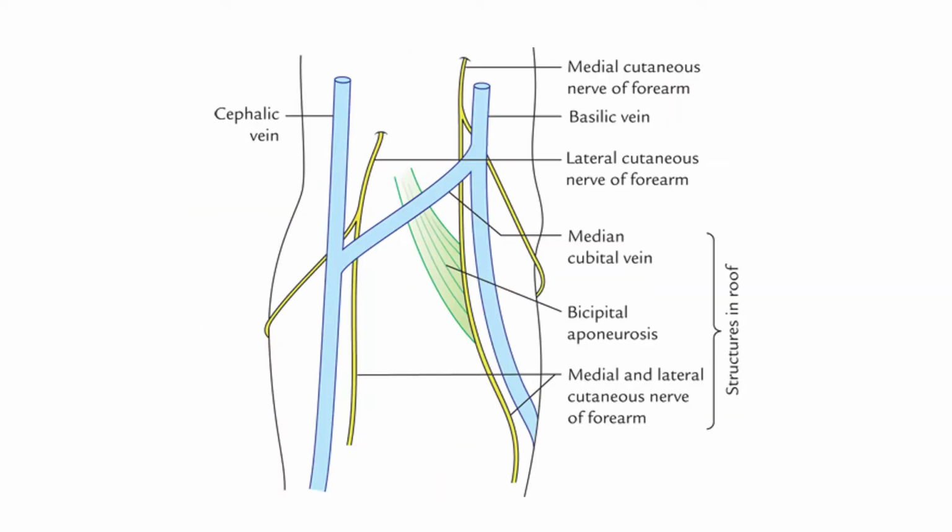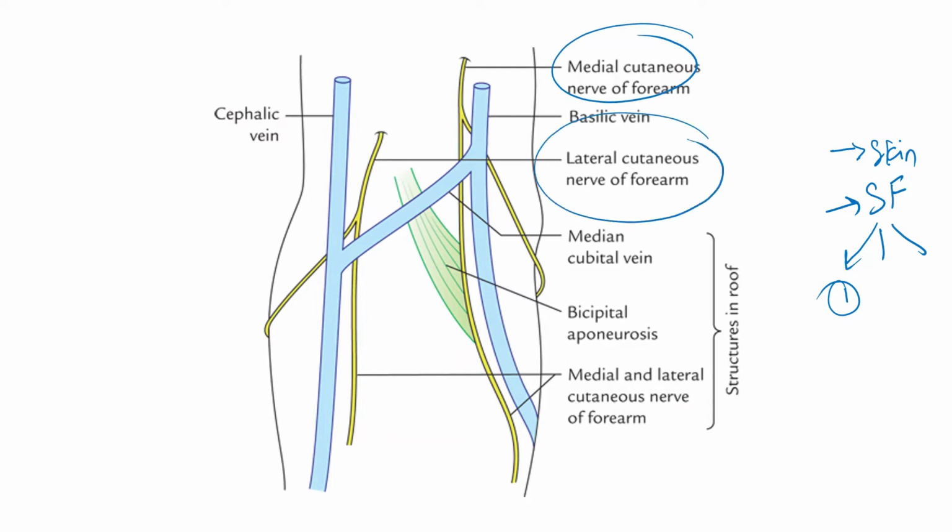Moving on to the roof of the cubital fossa. The roof of the cubital fossa is formed by, number one, the skin. Once the skin is exposed, what we see is the superficial fascia. This superficial fascia of the cubital fossa contains three important structures: the medial cutaneous nerve of forearm, number two the lateral cutaneous nerve of forearm, and the most important,